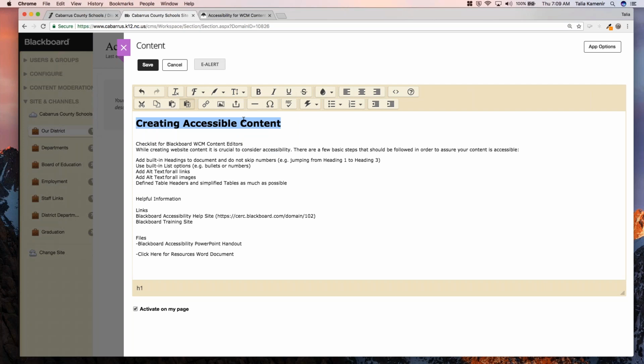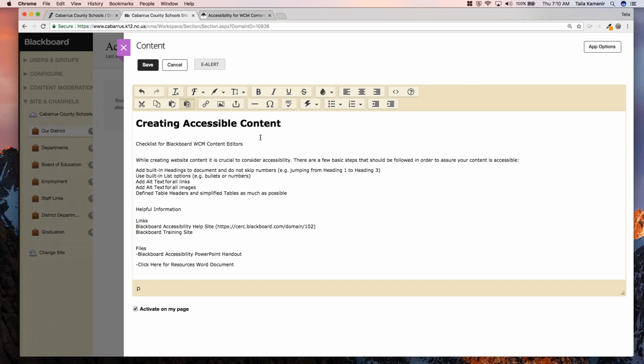Okay. And I want you to notice that when you do that and you're hovering in a heading, the little bar at the very bottom of your content app will reflect the type of heading that you have. So this says H1, okay? Whereas if I go to any other plain text, it'll just say P. All right. So now I'm going to do my other heading. So checklist for Blackboard WCM content editors, make a return,